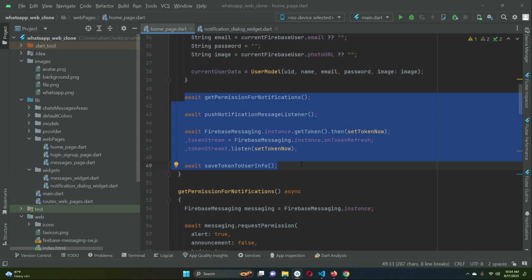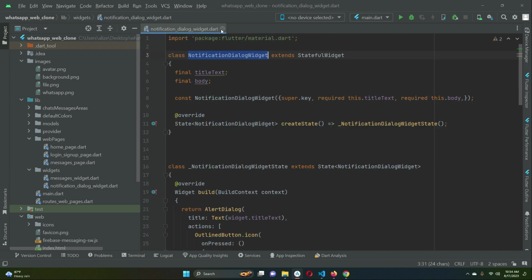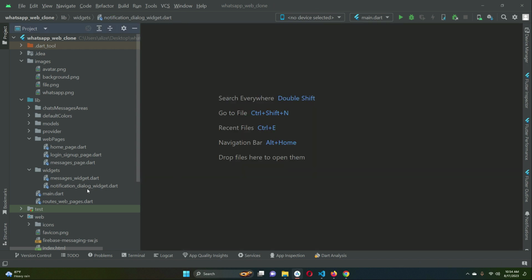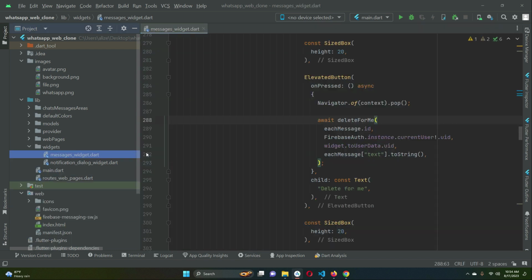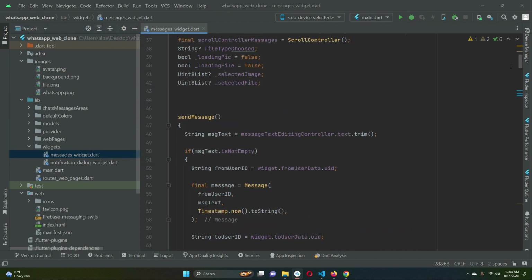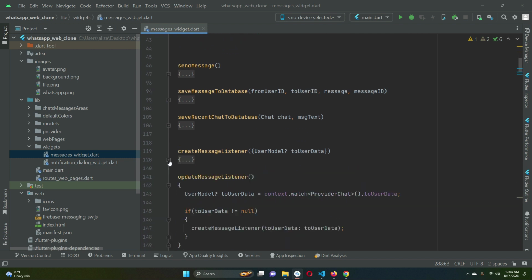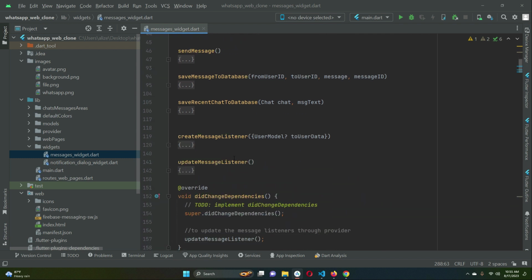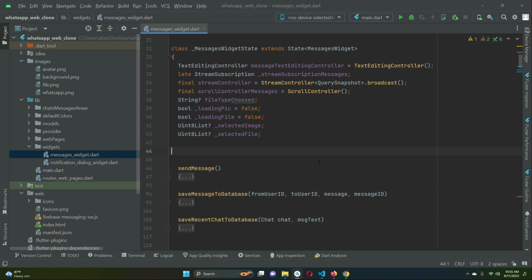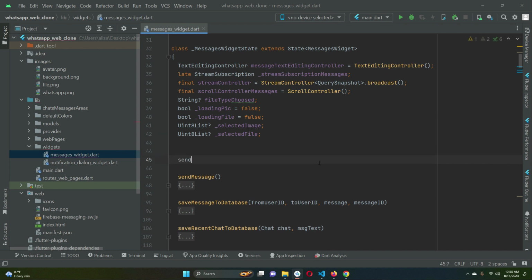Now, as the receiving part is completed, the next part is to send the notification. So from where we can send the notification, you already know: when the user sends a message, or sends a file or an image. So we have to go to our messages widget dot file, and here we will now create a method, and we can give it the name send push notification